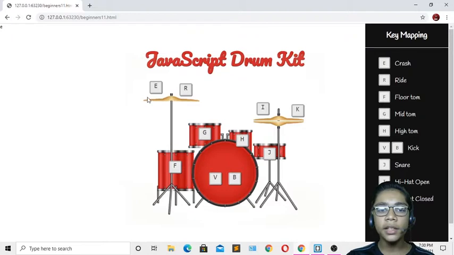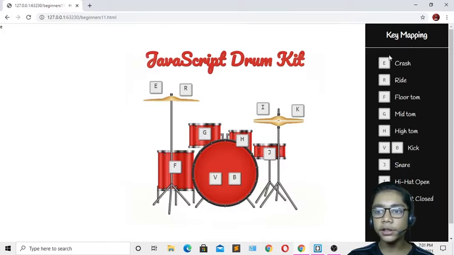Over here you can see there are some buttons like E, R, F, G, H, J, V, B, then I, K. These are all the instruction buttons. If you press all these buttons, then your drum will play and the audio will come in your ear. You can see that you will hear a sound. If you press that many times, it will have an audio sound over here. So we will be building that with JavaScript.